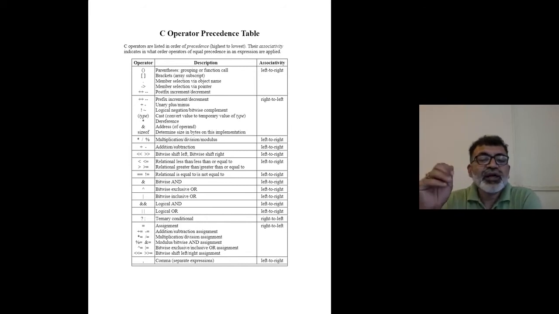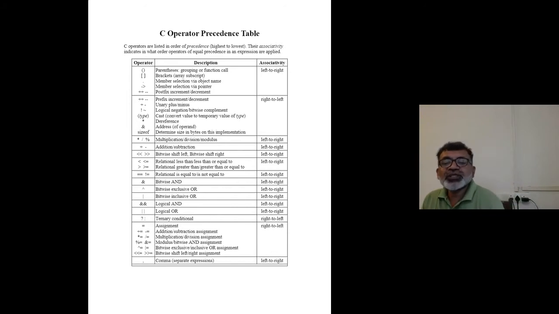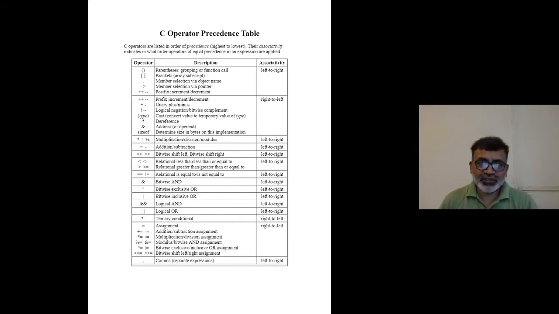Then the second phase is there. Now, what does it mean? They are grouped together, because when they are grouped together, then associativity comes into the picture. I will talk about that by giving a simple example. Then there are unary operators, right? All unary operators are prefix increment, decrement, unary plus, minus, logical negation, bitwise complement, casting, right? Casting, we have seen that, typecast. It has got higher precedence at the top. Then address of operator, sizeof operator.